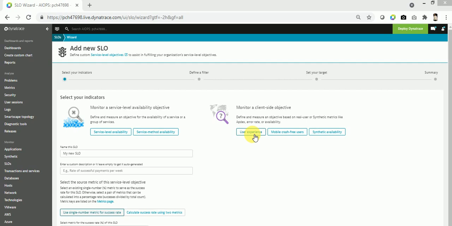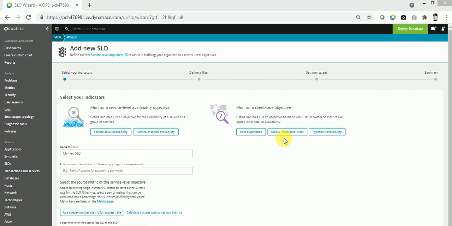It represents the percentage of users who are satisfied out of the total number of users using a web or mobile application, maybe a custom application as well. In that case, you are not limited to satisfied users, you can also check for the excellent user experience as well.